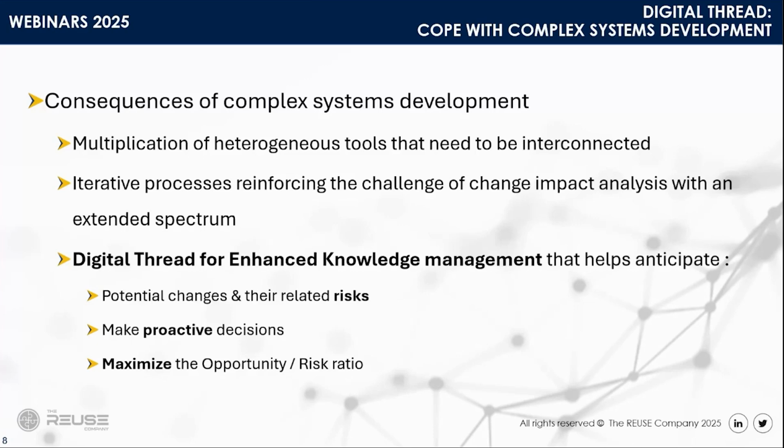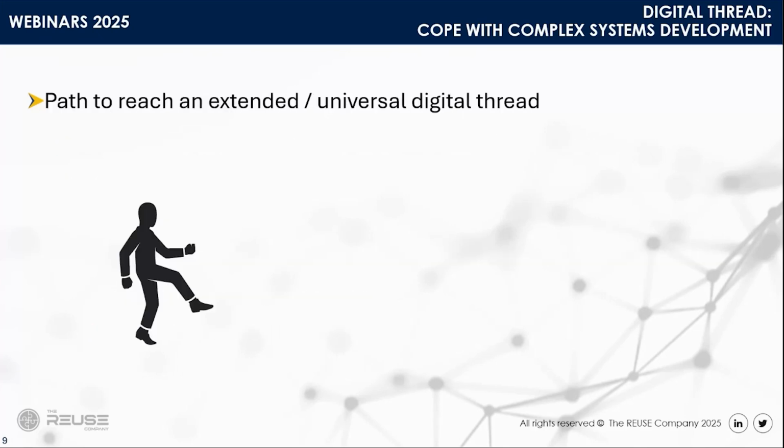And this digital thread is enhancing our knowledge management. It's bringing more information, which will help anticipate potential changes and the related risk, make proactive decisions, and maximize the opportunity risk ratio. So make sure that these changes are creating opportunities and reducing risks for the system, for the organization, or for the users, for example. So the path to reach this extended universal digital thread would be first to decide which